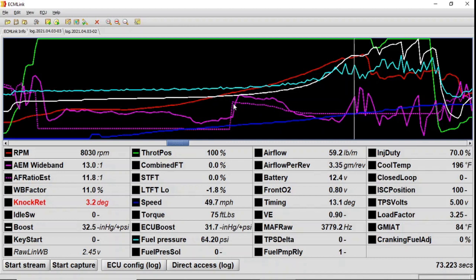This is the section where I'm letting off, where my nitrous is getting shut off based on the parameters I had set up. As you can see, it overshot a little bit, went a little bit lean, but it came back down and started going to the rich side. Keeping in mind, this is all new parts and I'm still trying to dial things in. I don't have everything dialed in exactly, but on the top end, I had it relatively close,